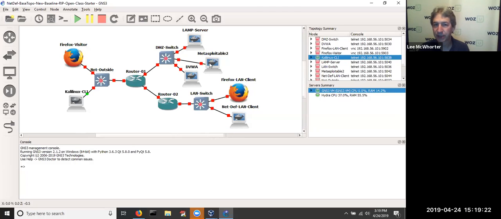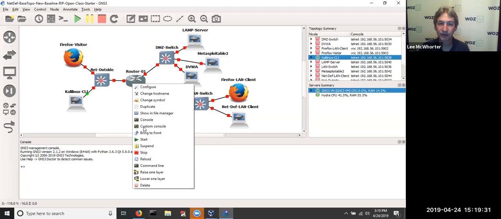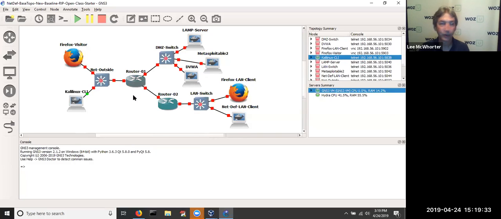If I was going to be able to get over here and attack one of these machines from this Kali Linux, I have to have these switches on, which come up fast. The servers come up fairly fast, but this router will take a while. If I go ahead and tell it to start,